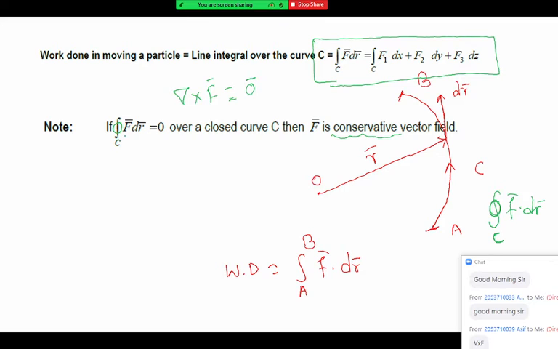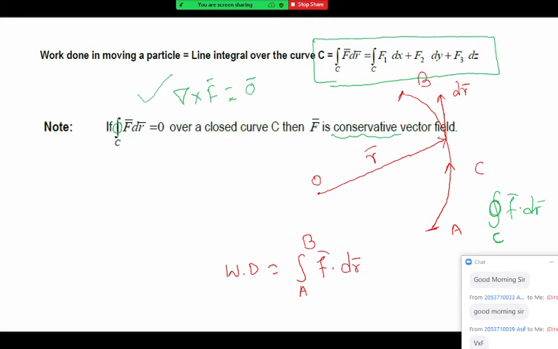Right, now you have another definition: say work done is 0, then also it is a conservative field. So both ways you can say the force is conservative. So you have a choice now. Whenever in the exam the question comes, show that F bar is conservative, the simplest is obviously this one. You have to prove curl F bar is 0.